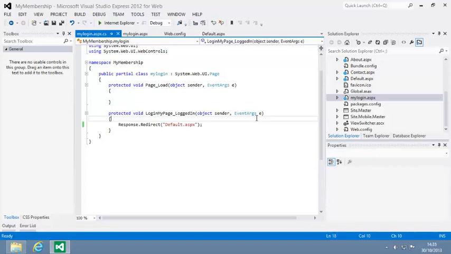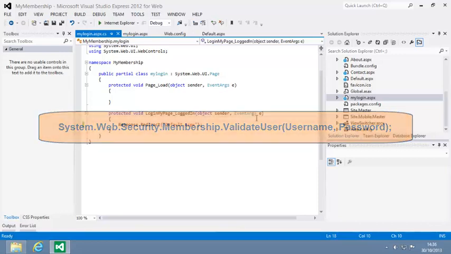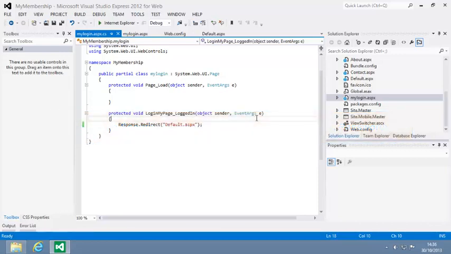For example, you can log in using the code System.Web.Security.Membership.ValidateUser with a username and password. This method returns true and logs the user in if the username and password are correct, and returns false if not. Close Visual Studio now,